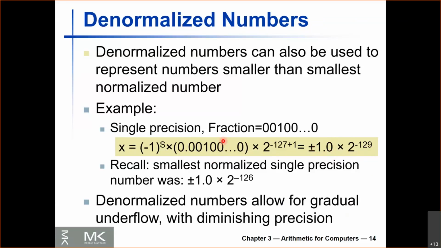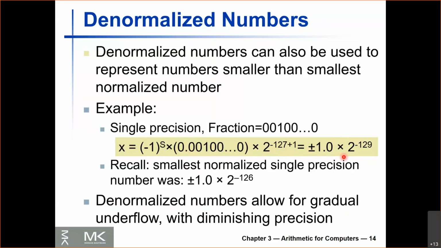So for example, we can have 0.000000 and then just a 1 here at the end. Okay, this is going to be a very small number, right? Because this is going to be 2 to the power negative 23 times 2 to the power negative 126. Okay, so if you add 23 and 126, you're going to get a very small number. So you're going to get 2 to the power of negative 126 plus 23, 149. Okay, so 2 to the power of negative 149, that's a much smaller number,